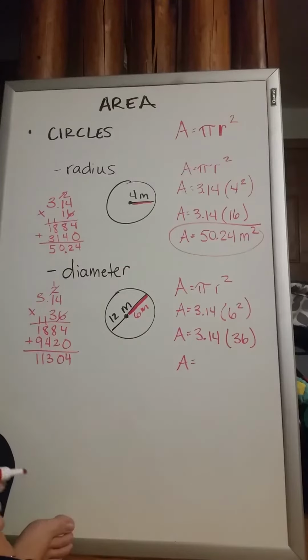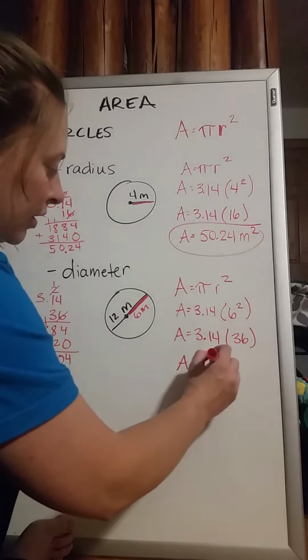And don't forget to count your decimal places again. There's still 2 numbers after the decimal, and that's it. So we need 2 numbers after the decimal. And there's our final answer, 113